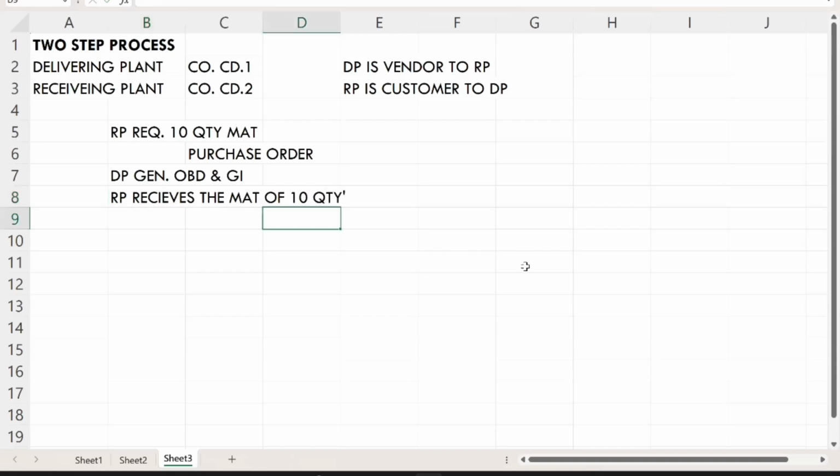Once they receive the 10 quantity, they will do the GR, confirming that the quantity has been received. Here the delivering plant will generate the outbound delivery and GI, and once they issue the goods, it will be transported. It will be in transport mode, in transit. Once GI is done, the stock will not be updated until the receiving plant generates